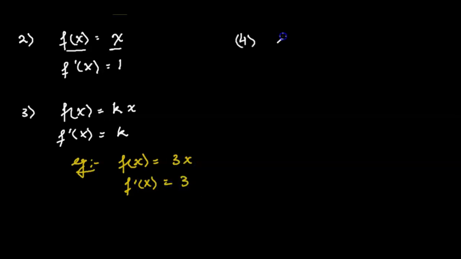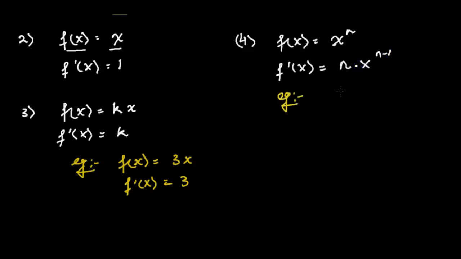The next rule says, if f(x) is equal to x to the power n, where n could be any number, in fact we can put n as any real number, then the derivative function will be written as n times x to the power n minus 1. In order to avoid any confusion between the times sign and x, we'll just use times with the dot. An example for this is, if f(x) is equal to x to the power of 3, the derivative is going to be equal to 3 times x to the power 3 minus 1, which is